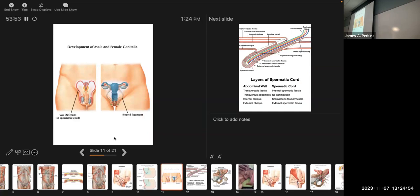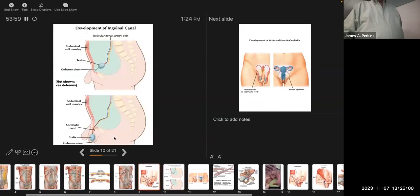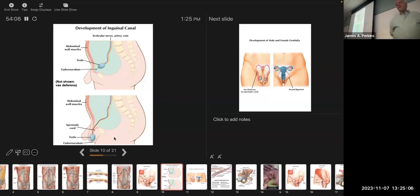I'm just wondering, in the previous image, it kind of looks like it was not just pushing through the muscles, but almost like it was pulling the abdominal wall muscles around it. Yeah, I drew it like that on purpose. Is it the same abdominal wall muscles on the back, from the front and tail? So